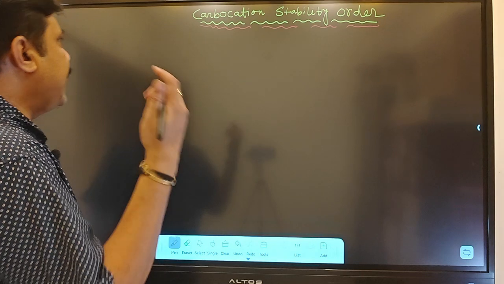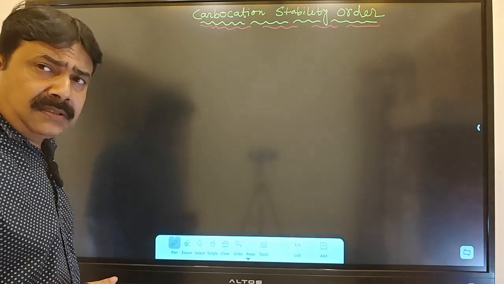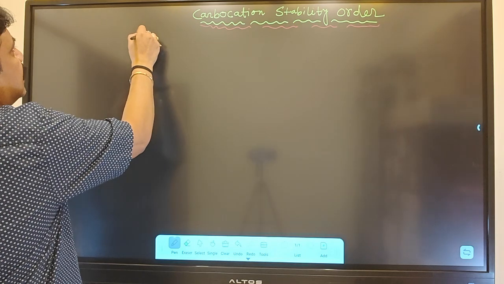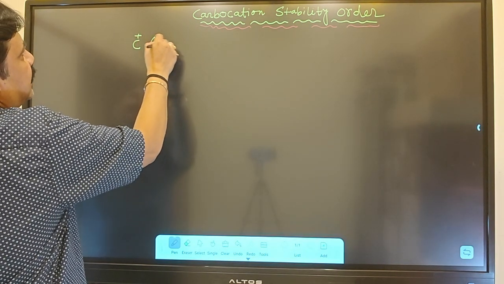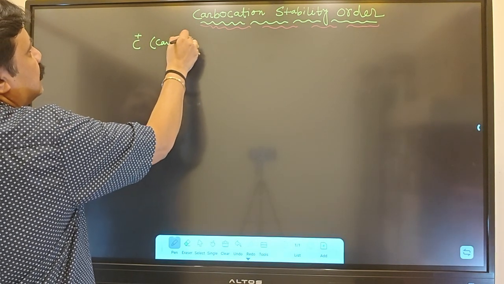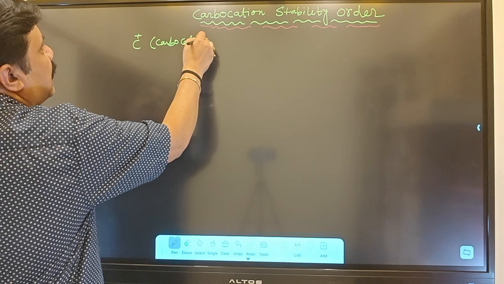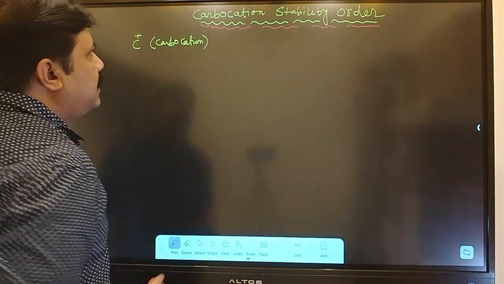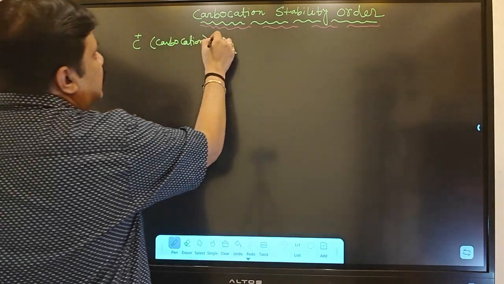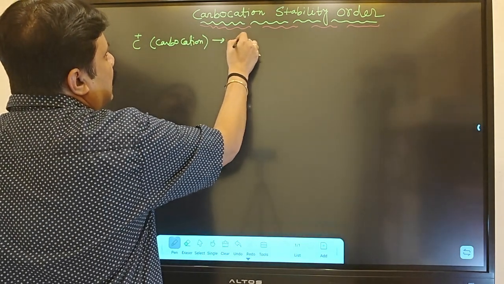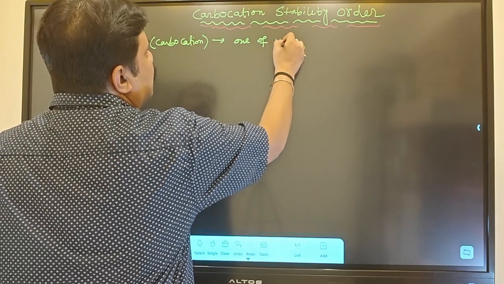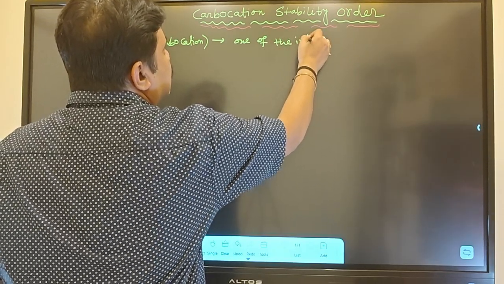So now, cation means positively charged species. Carbocation means if you look at a plus charge on carbon, like that we call it a carbocation. Carbocation, plus charge, a positive charge. So now in organic chemistry, this carbocation is one of the important intermediates,